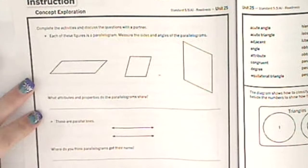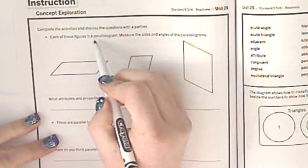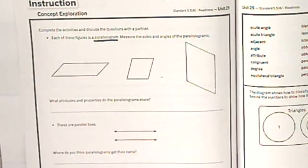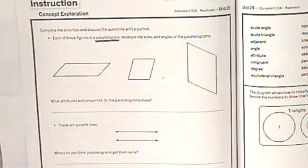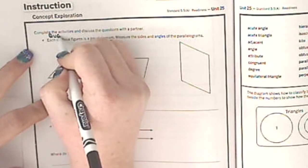All right, so the first portion of this page says each of these figures is a parallelogram. I'm going to start by underlining that. A parallelogram is a closed figure where both sets of opposite sides are parallel. It's also only a quadrilateral, okay? So I'm going to make a note that we have a